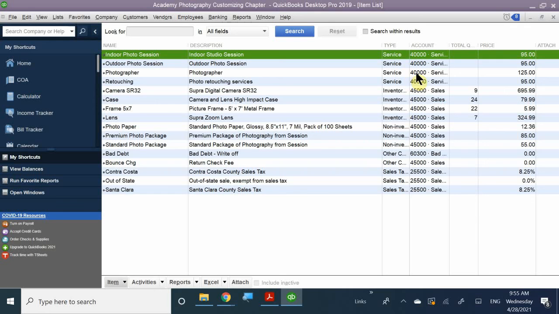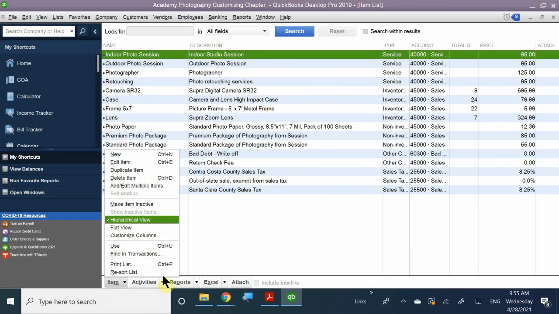And exactly how we set up the chart of accounts, the window will look similar, if not identical, right? Except the wording is a little different, right? This looks exactly like my chart of accounts, right? I've got the list of my items, the names, the description, right? And at the very bottom of the window, I have my items list. So if I click on this drop-up menu, it gives me all the functions that I can do when creating